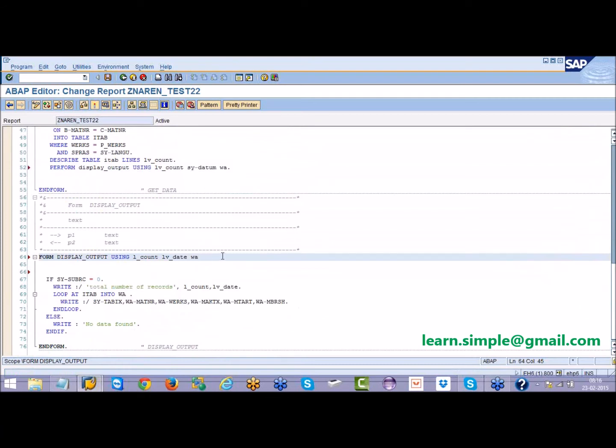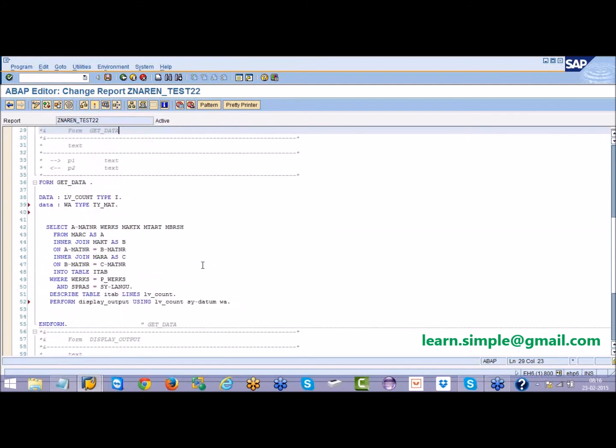But what I recommend is, when you are using any work area or even a variable, always specify the data type. So here I'll say work area type. How have we declared the work area? ty underscore mat, right? So specify this.